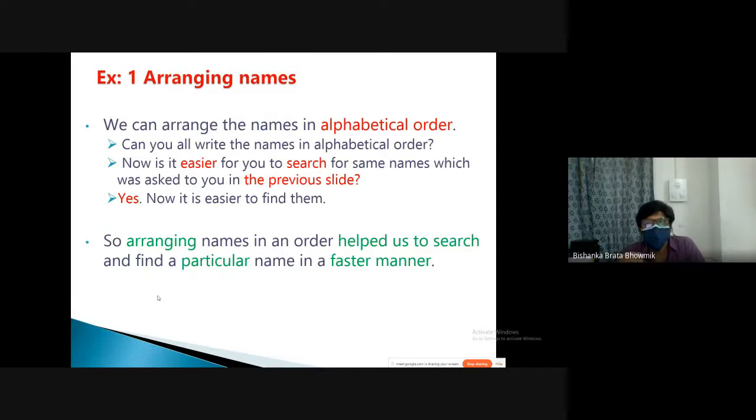Now, what you can do is help them arrange the names. Tell them, okay, now you do one thing, arrange the names in alphabetical order. That means the names which start with A will come first, then B, then C. Okay, likewise, they can arrange the names. After that, you can again give the same assignment. Okay, now tell me which names begin with P and N. So it will be easier for them to take out the data.